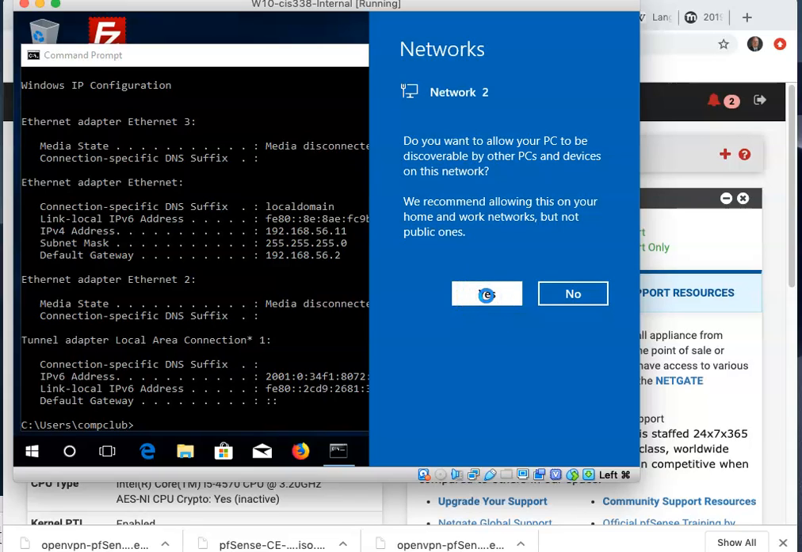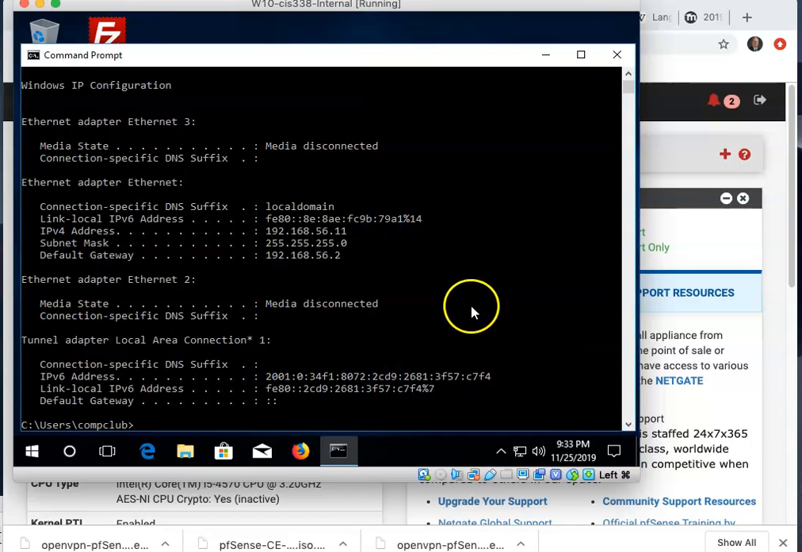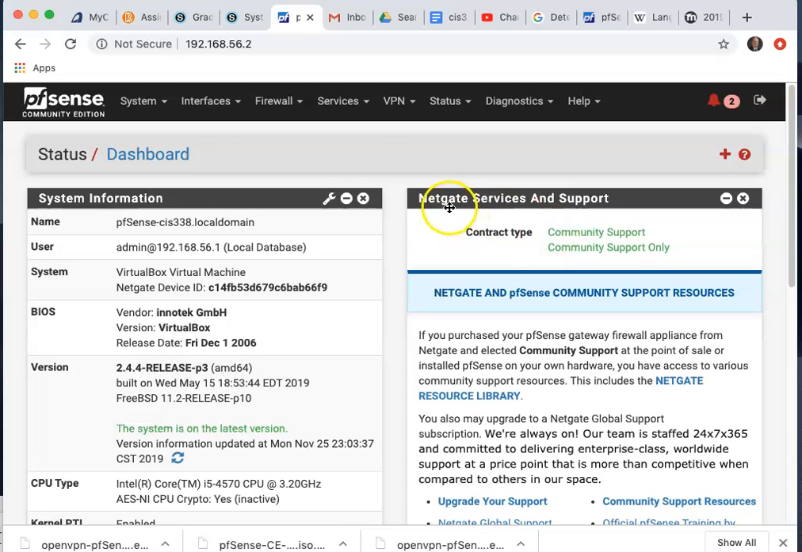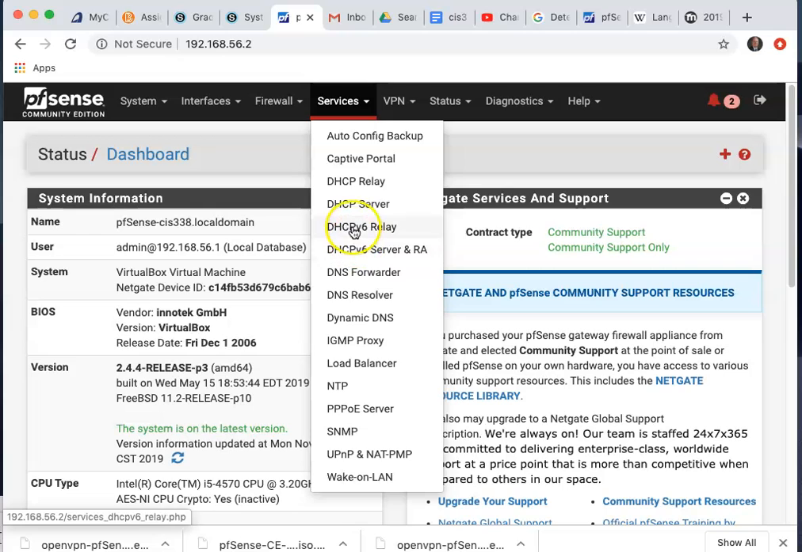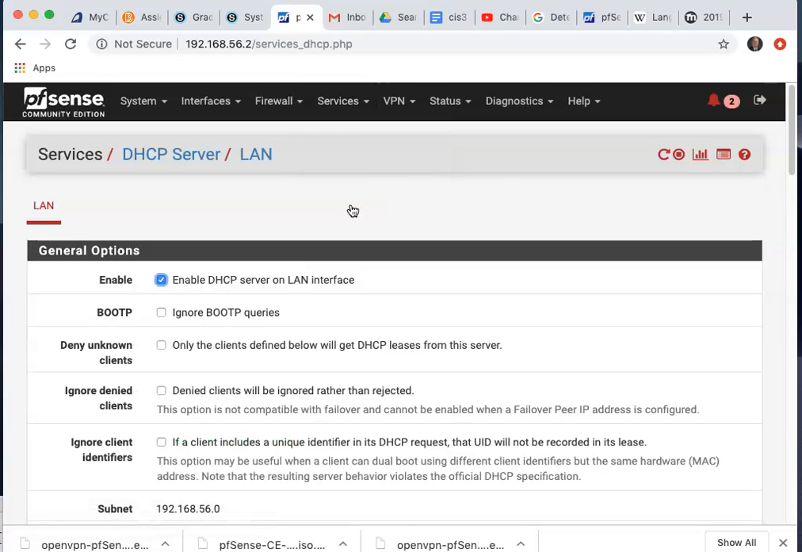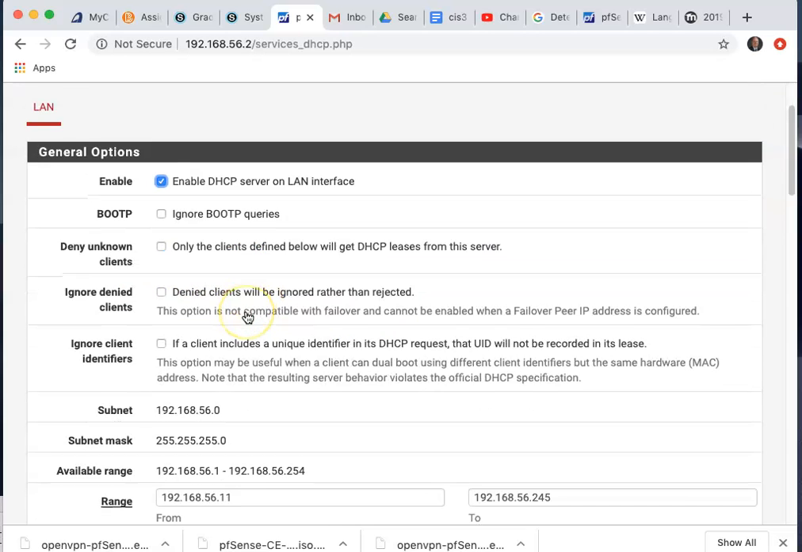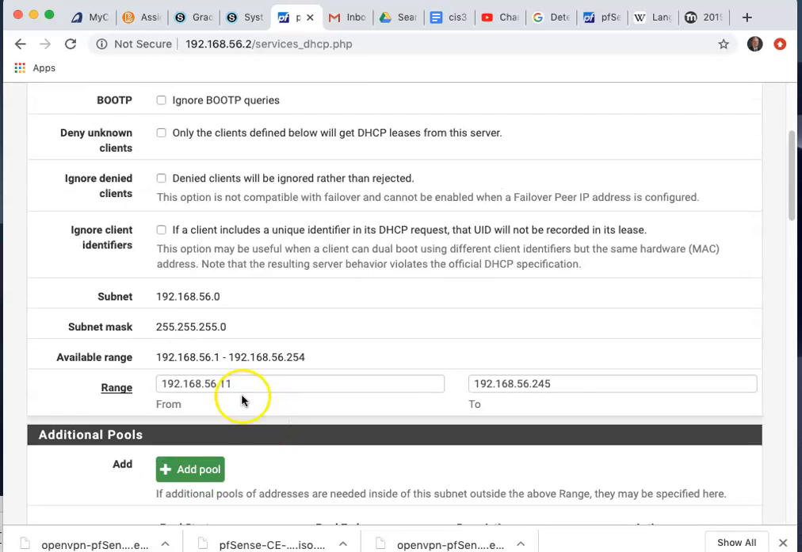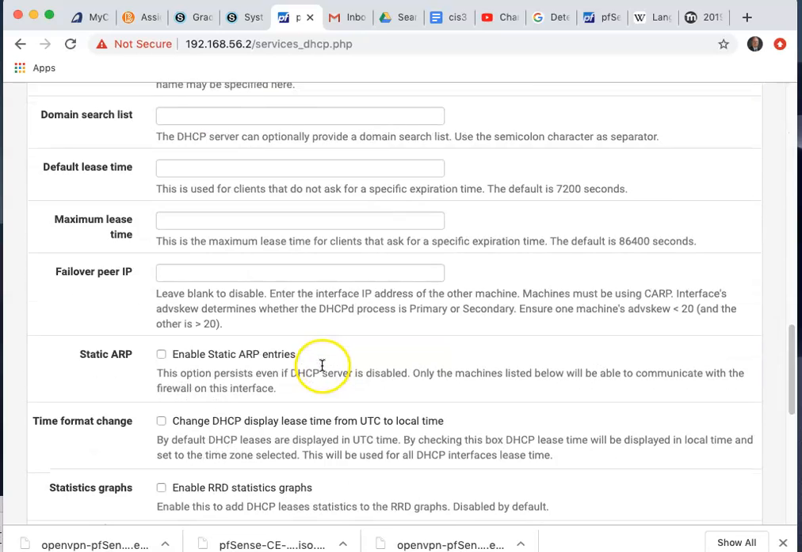That will work, but I better check my DHCP server settings here on the pfSense box. Let's go to Services, DHCP server, and see what the pool was set up for. DHCP is enabled on LAN. Oh, look at that pool. I didn't mean it to be that. I wanted that to be 50 to 99. It's not going to break it if you use that, but